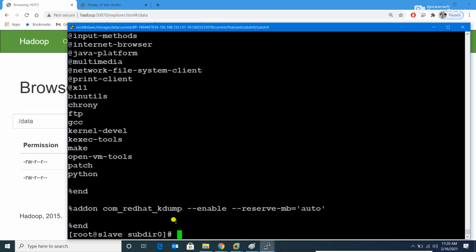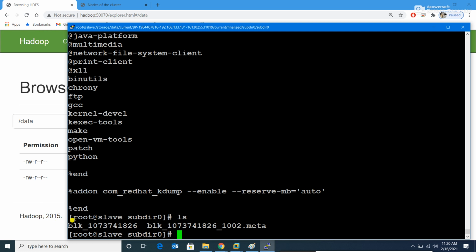Here, if you see, this is the block created at the back end. So the concept which we had discussed, that a file is stored in the form of blocks, but the file size is so small that it was stored into one block only. If the file size is very large, then you will be able to see that the file is getting stored into multiple blocks. Clear, right? So this is just what is happening at the back end. I told you. Fine. So this is the multi-node cluster setup.